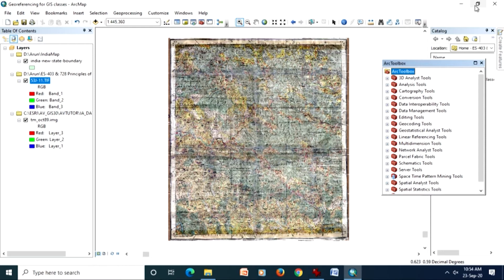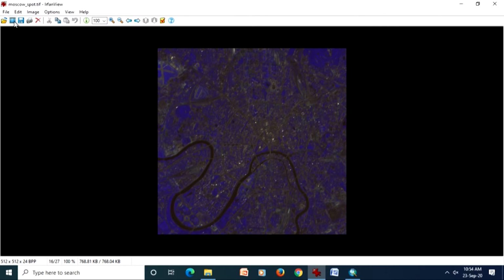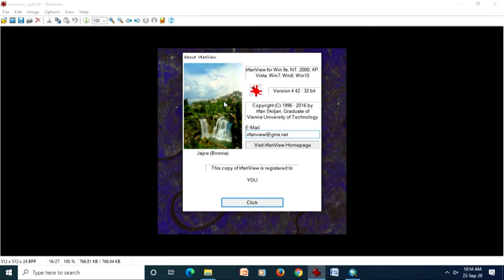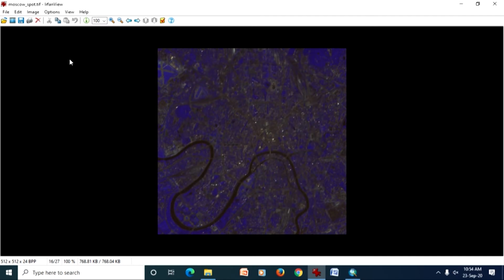Now another way, away from directly using GIS software, is a very popular software called Irfan View. As you can see here, this is Irfan View, and it is freely available. This has been developed by an individual, a person called Irfan Skiljan, and he is just an enthusiast, and he has developed this software which will allow you to save in various formats, and also various variants of compression tools are supported.